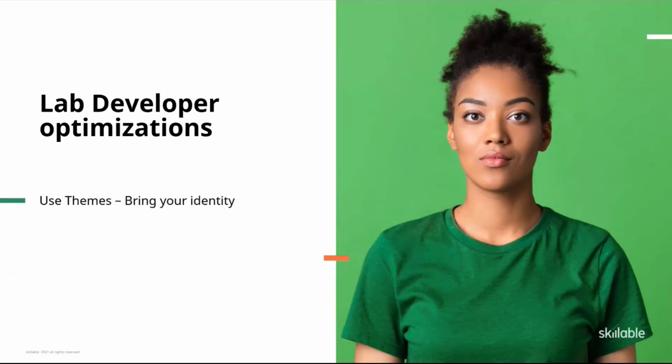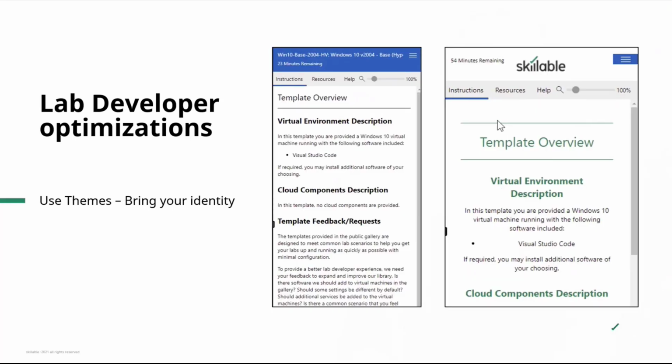The next thing I'd like to think about, as a lab developer, is bringing your corporate identity. Make the labs look like your organization: your color schemes, your logos, graphics, potentially those sorts of things. That is something I would recommend. Now, I'm not necessarily saying the example on the right hand side is something I would go for, but